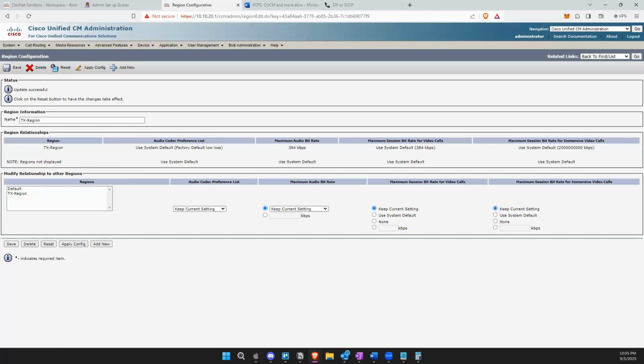Why would you change regions? What's going on with regions? Regions is literally the max amount of bandwidth you can use per call or per video call, right? Why are we allocating bandwidth? Because bandwidth is not free. We have to pay for that. Well, the company has to pay for that,